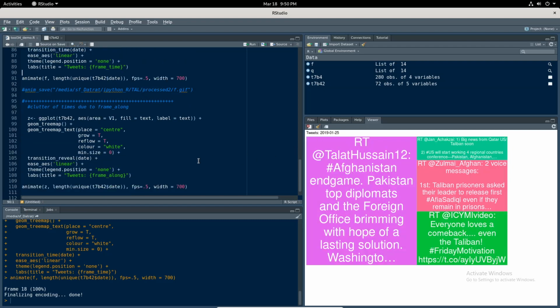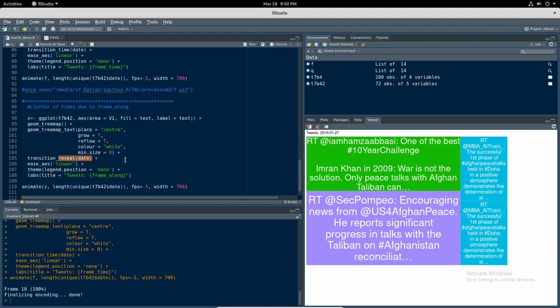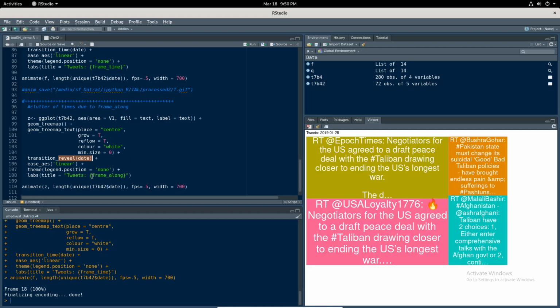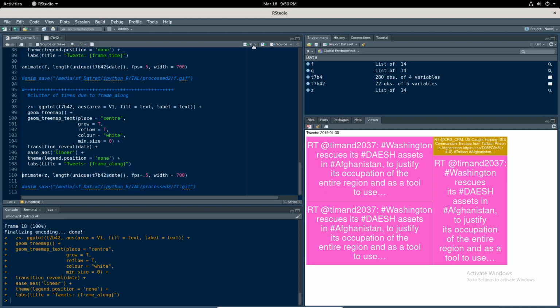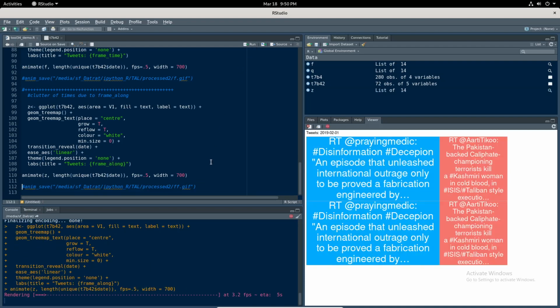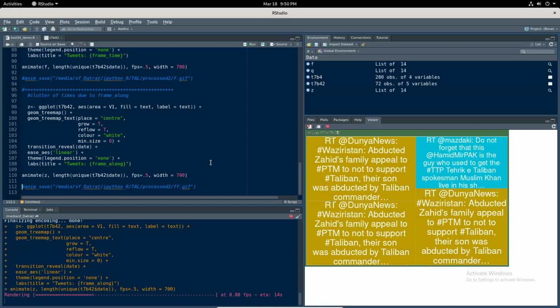So the third is the case where I actually have an issue, and this is when you use the transition reveal with the date and the frame along thing. If you apply that case, you find that there is actually cluttering of the tiles. So let me show you.